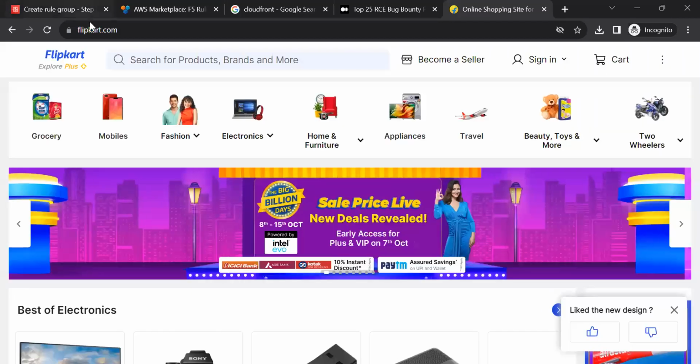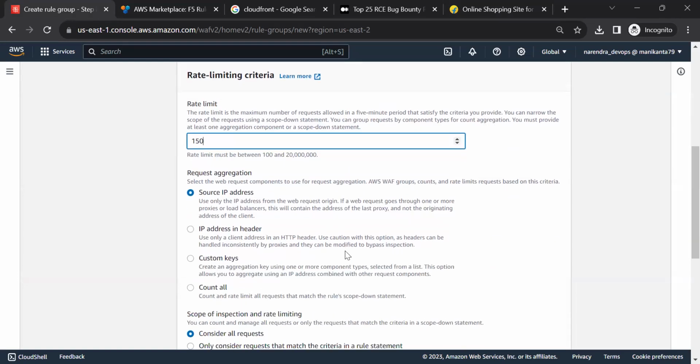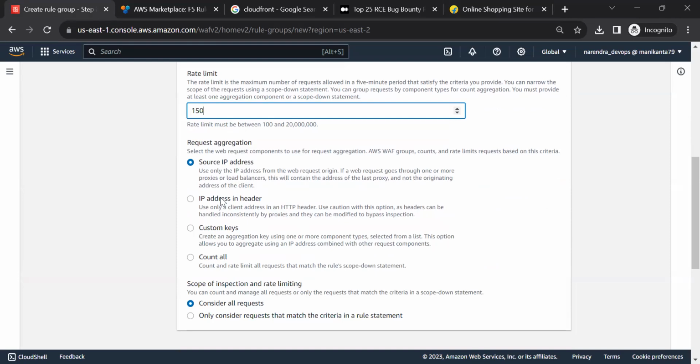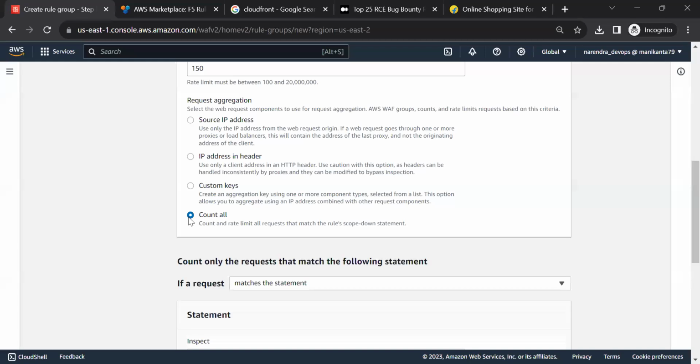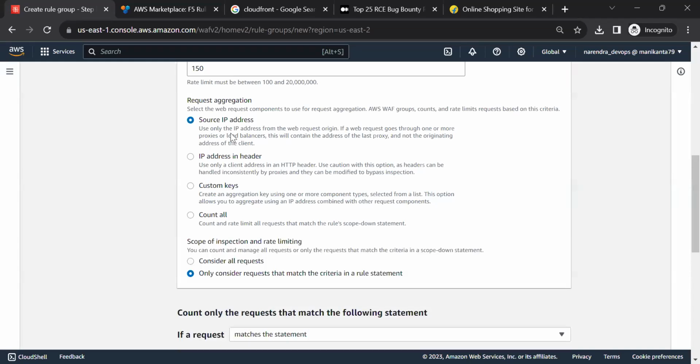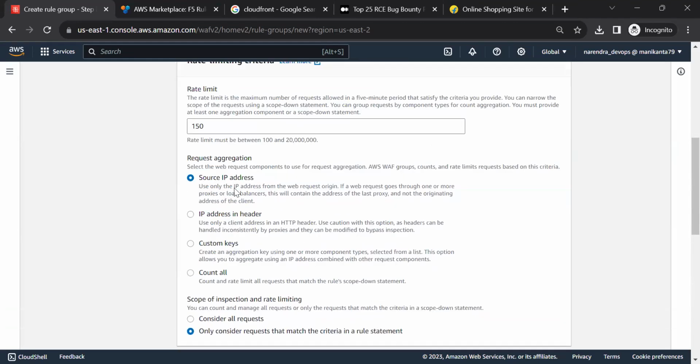Okay, that rule is an IP rate limit, and this rate limit is 150. Your rate limit can be from 100 to 20 million requests here. Meaning if anyone keeps on trying 150 requests, based on source IP address, IP addresses, custom keys, or count all. If my condition is using IP-based,